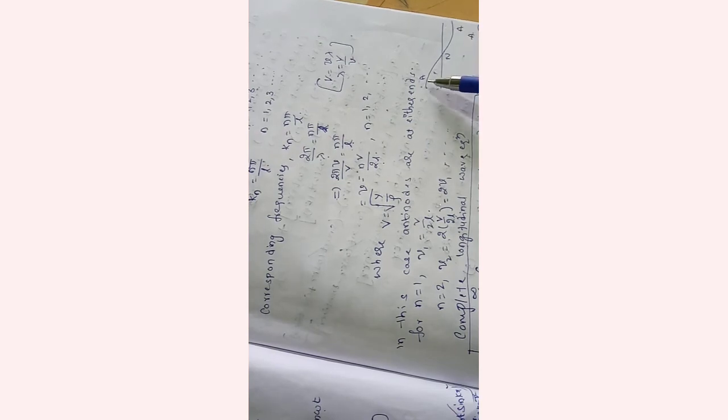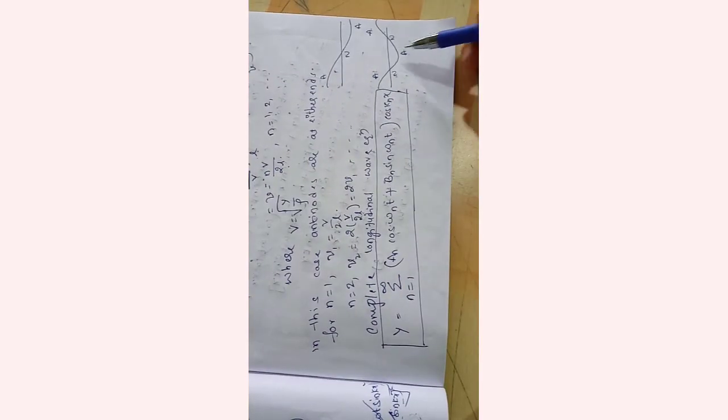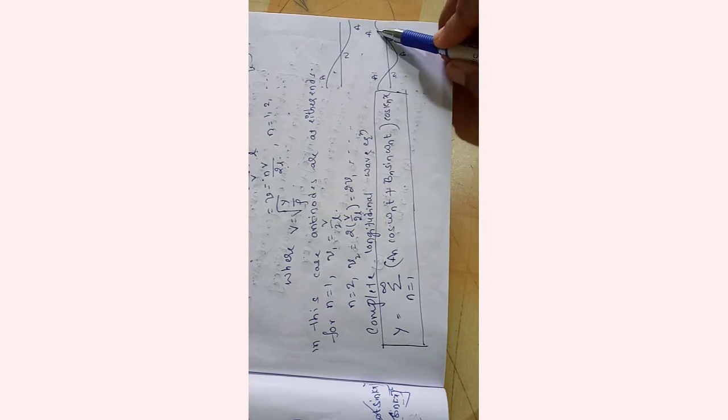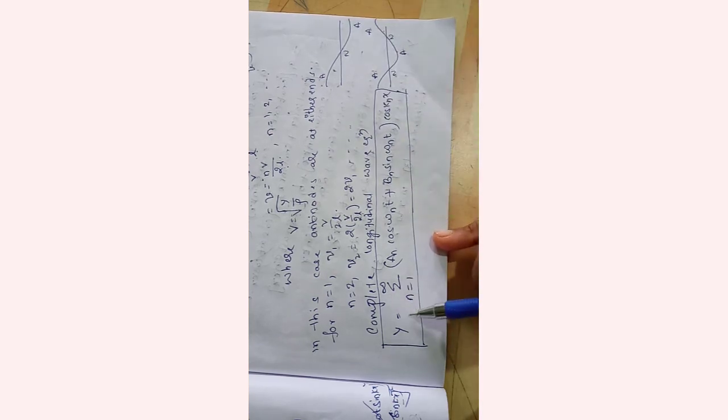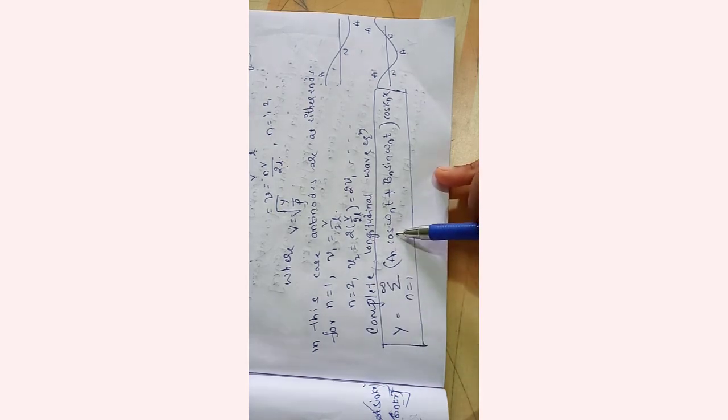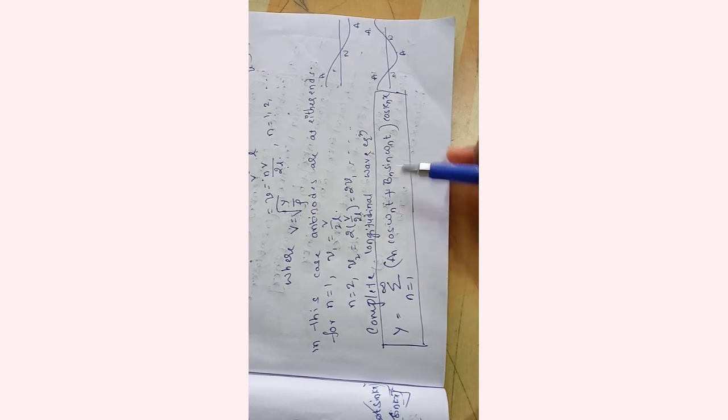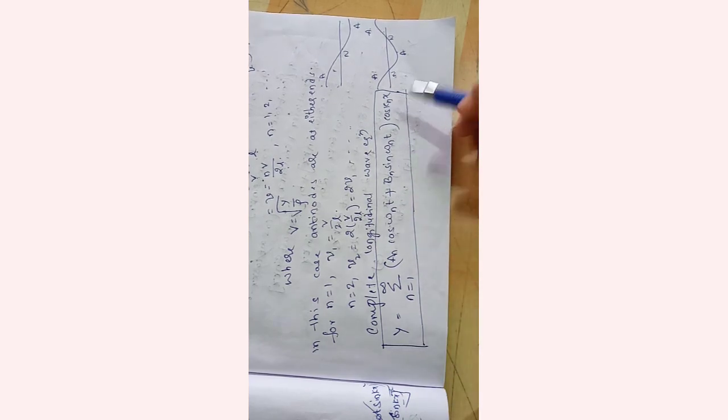And here the bar is free at both ends, we are saying. So we get maximum displacements, so we get antinodes at both ends. Okay, we find antinodes at these free ends. If we go for the second mode of frequency also, we find antinodes at the free ends. And the general equation turns out to be y equal to summation n equal to 1 to infinity of (an cos omega n t plus bn sin omega n t) cos kn x.